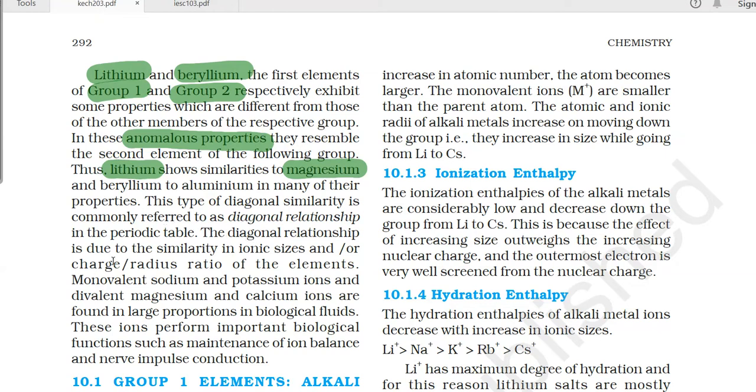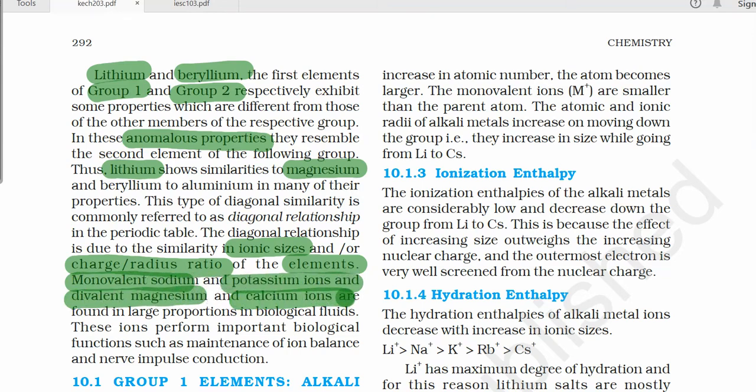The diagonal relationship is due to the similarity of their ionic sizes. What is the reason why they are having this diagonal relationship? The reason is that they are having similar ionic size or similar radius ratio of the elements. They are having similar radius ratio for the elements, such as monovalent sodium and potassium ions and divalent